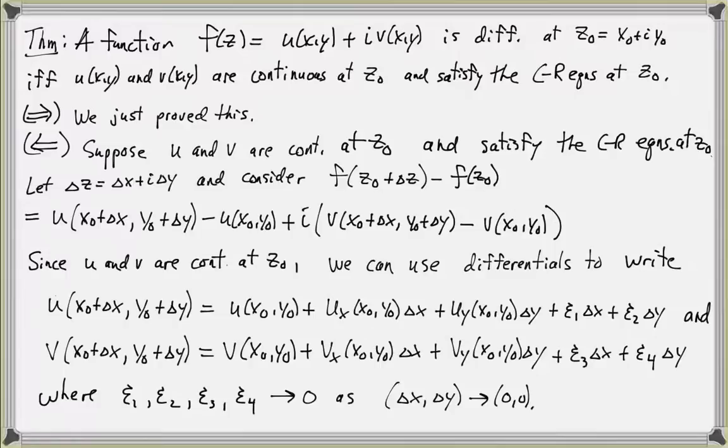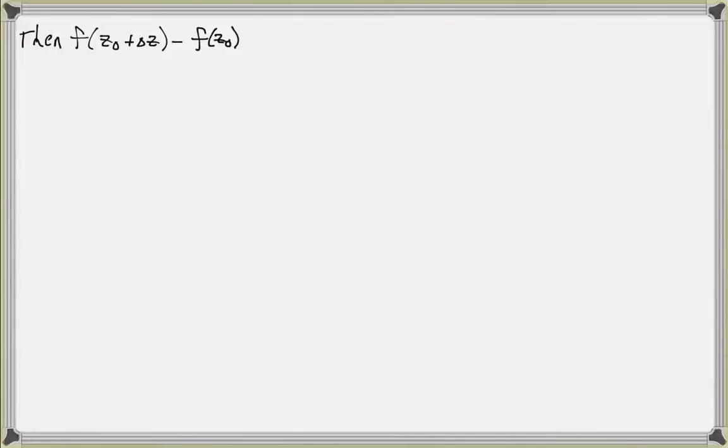So in the expression f of z0 plus delta z minus f of z0, we're going to replace these two quantities above using these two differential statements. Then f of z0 plus delta z minus f of z0 will equal, it's kind of a mess, the derivative of u with respect to x times delta x plus the derivative of u with respect to y times delta y